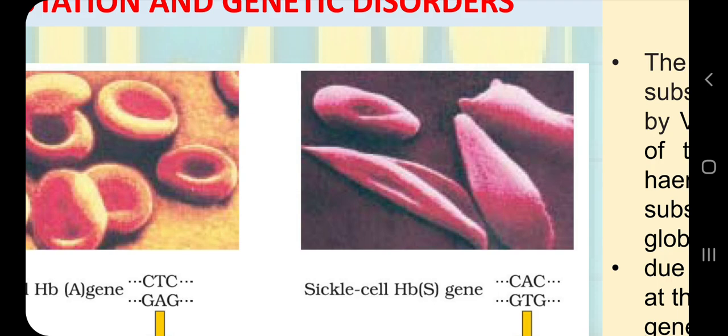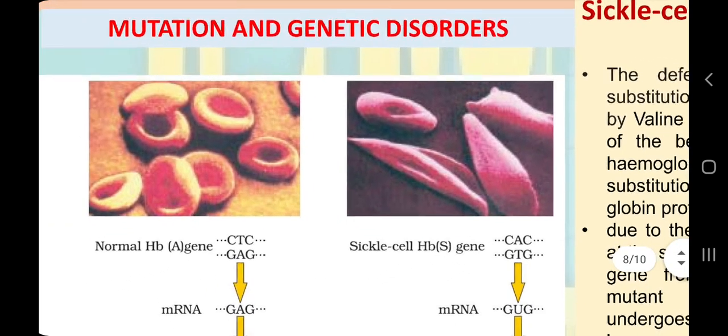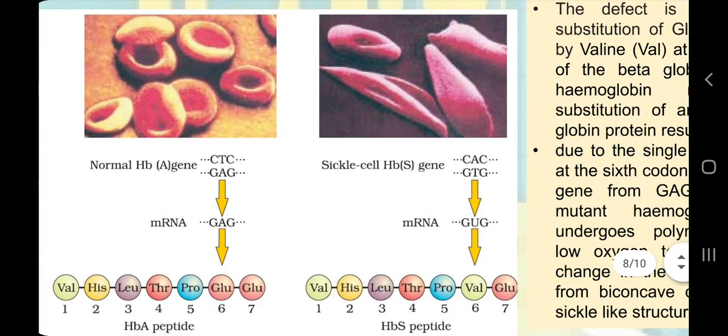But if the beta chain has some abnormality, then these cells will look like this. You can see the shape of red blood cells looks like a sickle. This anemia is called sickle cell anemia. And of course, because of this structure, or because of abnormal hemoglobin, these blood cells will not be able to carry out the normal function, which is transport of oxygen and carbon dioxide in blood circulation.